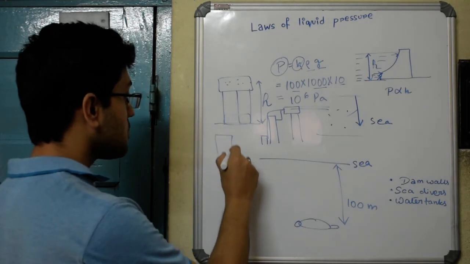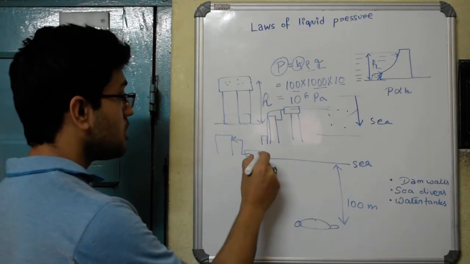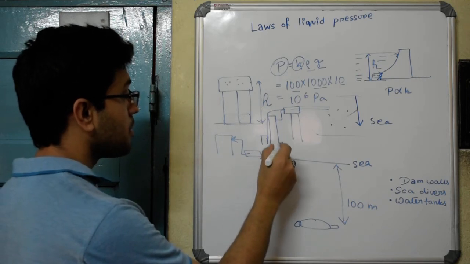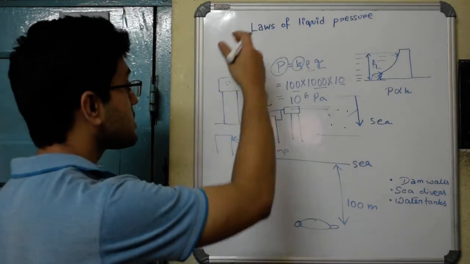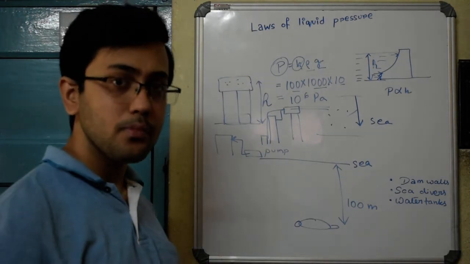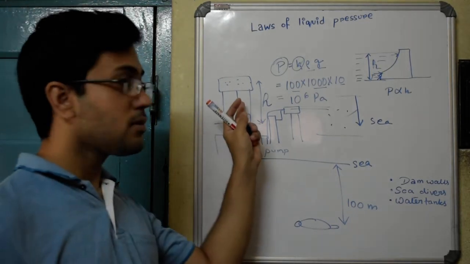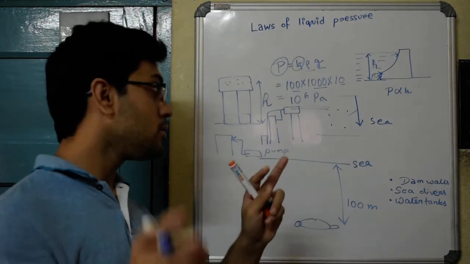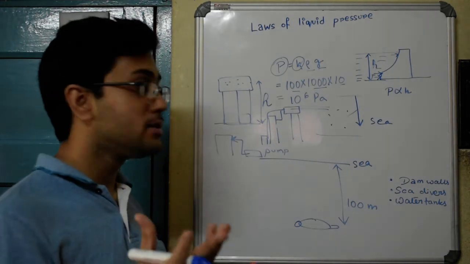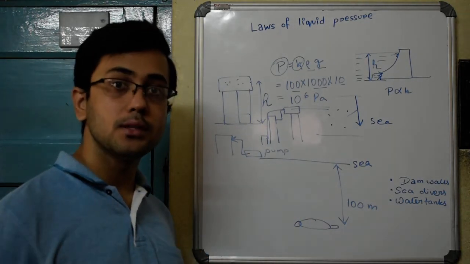If your house was taller than the water tank, then to send the water to your house, you would again require a pump to push this water against gravity. That is why water tanks are at such a great height. You can do this experiment yourself, like if you have connections from the water pump to a 5-story building, and then you also know some tap which is connected to this water tank and which is at the ground level, at the level of a 1-story building.